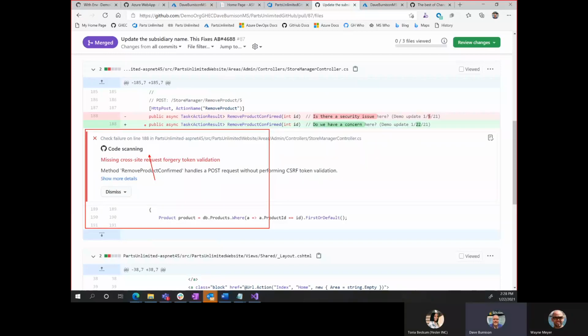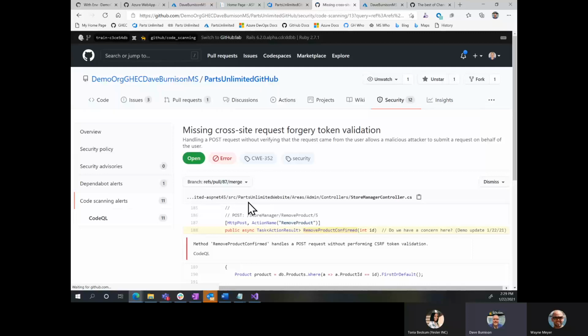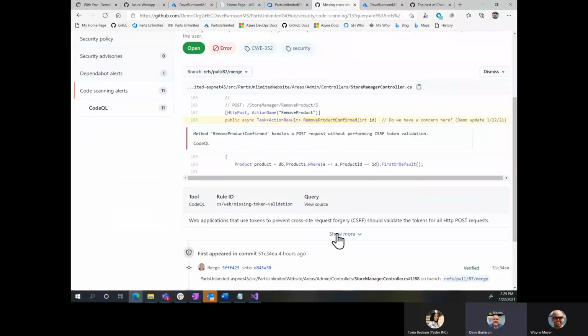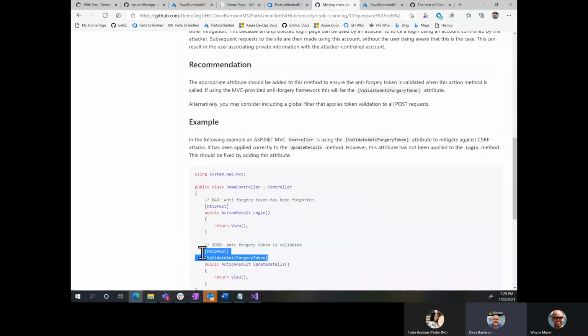So it's saying, hey, this code that you've written here, there's a cross-site issue in there. And if we drill into the details here, it's going to tell me I need to add some additional attributes to my code. Right now, I only have this HTTP post, but to guard against the cross-site vulnerabilities, I need to add that validate anti-forgery.